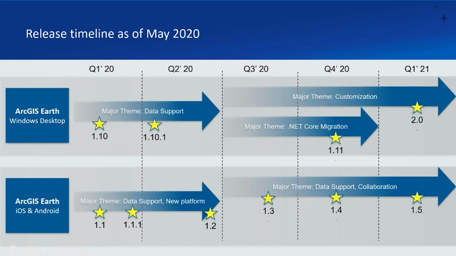In the near term, let's say 2021, our next release will be a major code change. We've been moving from what Earth is currently built on, which is Microsoft .NET Framework 4.6.1, and it's basically an older technology, and we're moving to .NET Core, so the next release will be much, much better and much more stable code. But at the same time, we're adding some capabilities, so we're going to continue to expand data types,